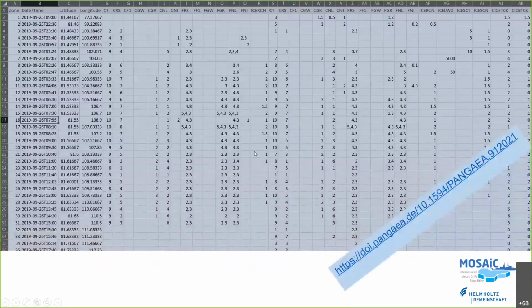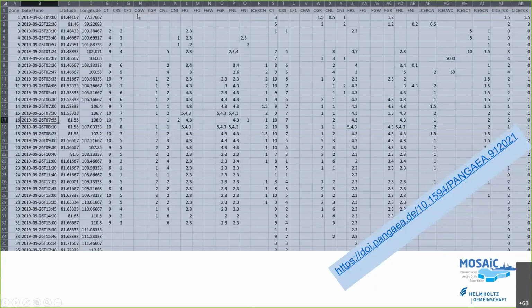And here's an example of what such a table might look like. So I said the event is important, but here in the first column of this table, there isn't an event. Well, the reason is that it was only one single event. This is an example of data of ice observation from Akademik Fedorov. And these have been taken during one event, which is basically a ship track. So we don't need this for every single line. This doesn't have to repeat. But important is date time in a standardized ISO format, then latitude and longitude in decimal format.